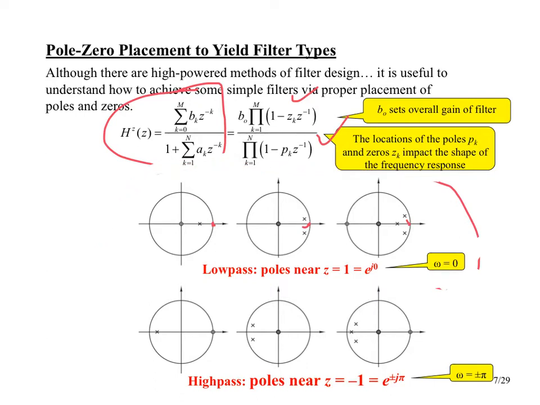Okay, so we've got these 3, not the only types of low-pass filters, but 3 low-pass filters that we've just wished into existence by just tossing down some poles and zeros. So we've got a first order, we've got a second order, and a third order, the order being set by the number of poles that we have. As we go to the higher orders, we have more poles to kind of carefully place in this region to carefully craft the passband structure. And then, as we go to higher orders, we have access to more and more zeros as well, because the number of zeros is usually no more than the number of poles. And so we end up getting the possibility of tossing a zero over here. We could have done that for the second order as well,